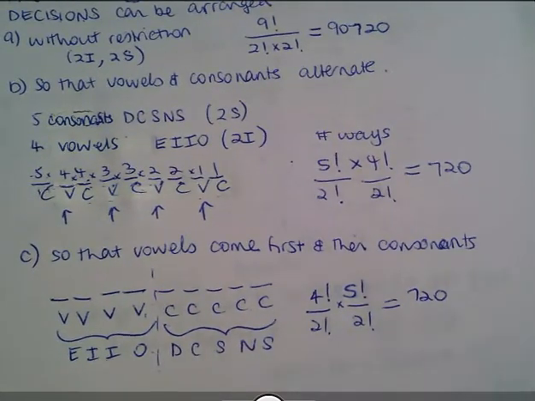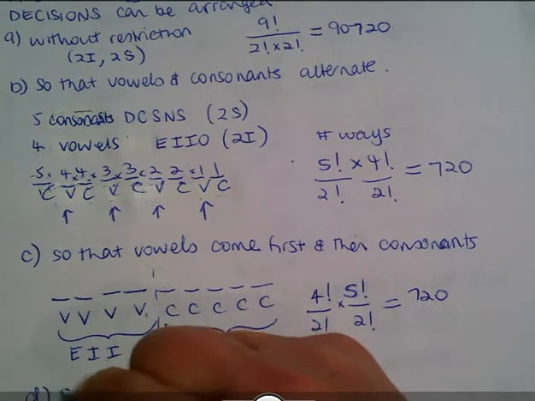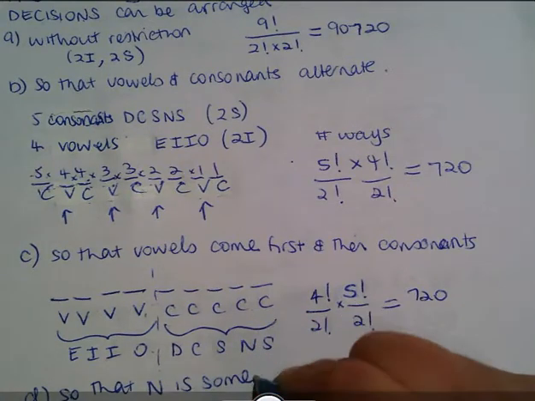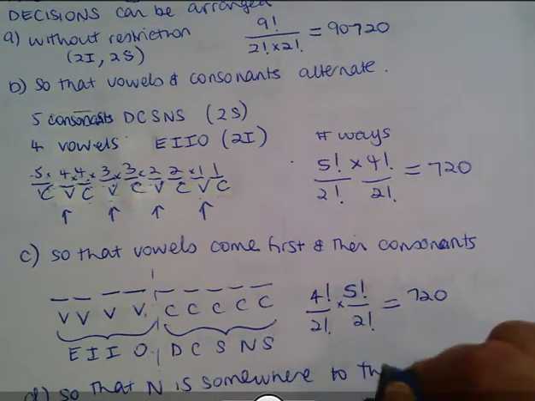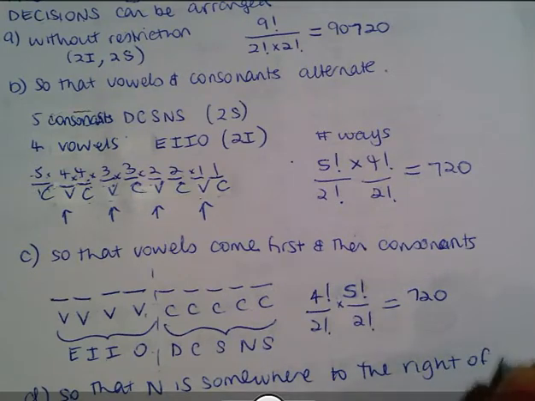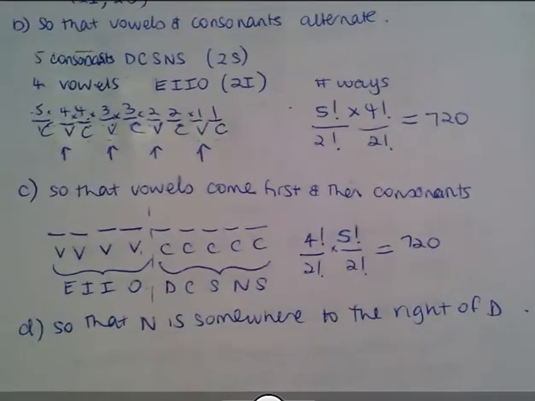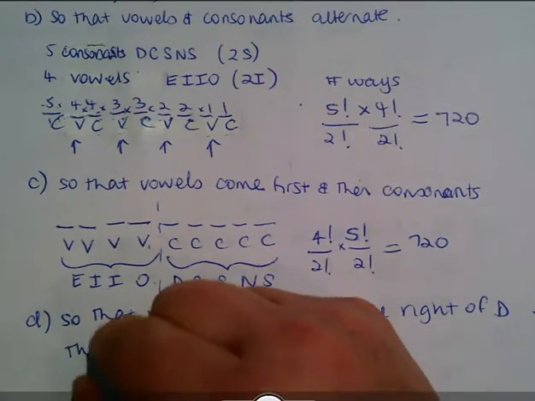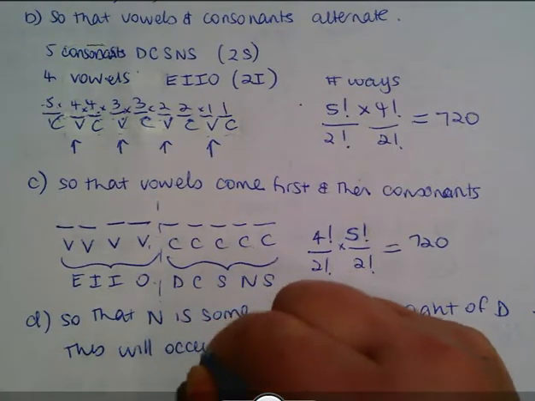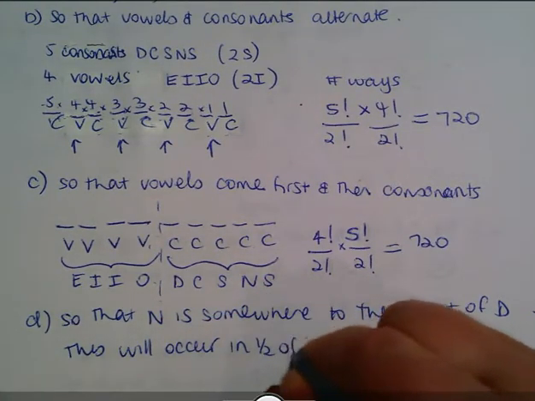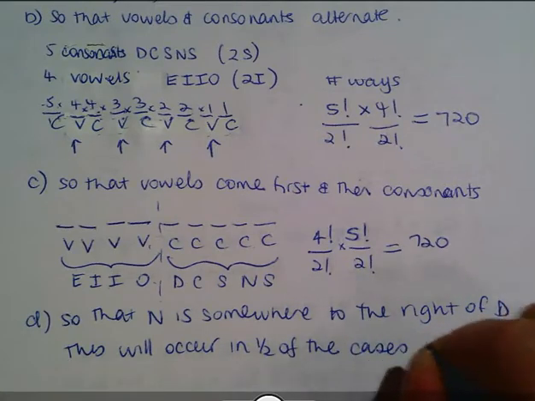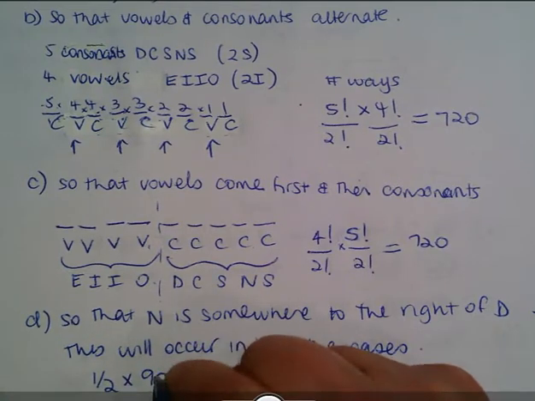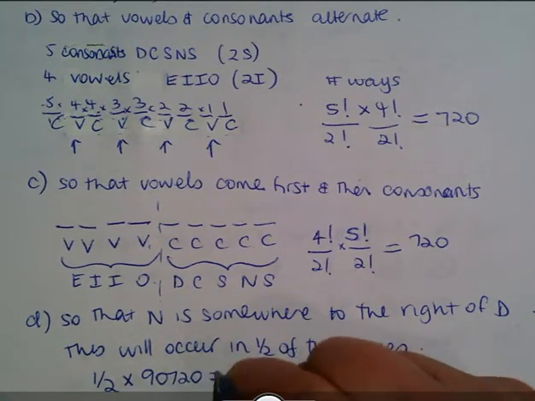And in the last question, part D, it says so that N is somewhere to the right of D. Now, we know that there is only one N and one D, so that's going to be in half the cases. We've seen this question a few times before. So we'll look at the cases without restrictions, so it will be a half of 90,720,